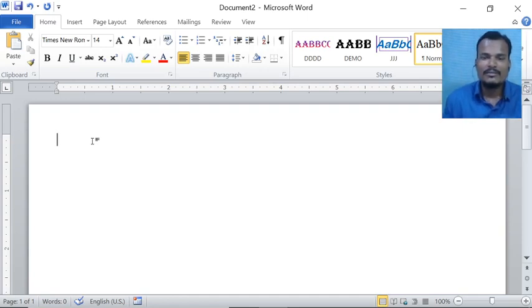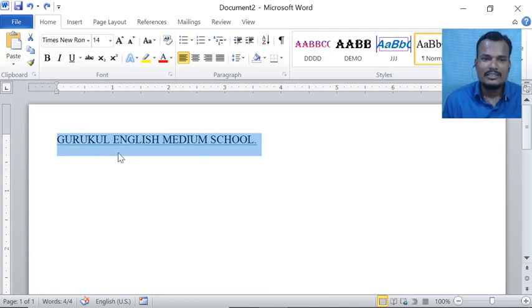Otherwise, again select the text and click on delete. No need of all those things. Just click on redo. It is the reverse of undo. Undo means coming back to the previous action. Redo means again going forward. See here, if you click on redo, again Control Z. The text came back. If you want to remove it, again click on undo.